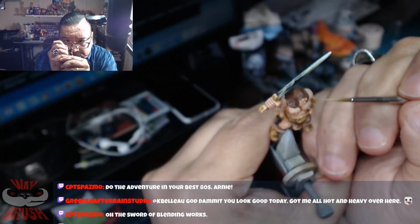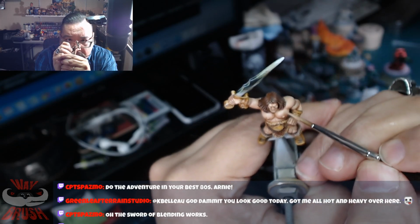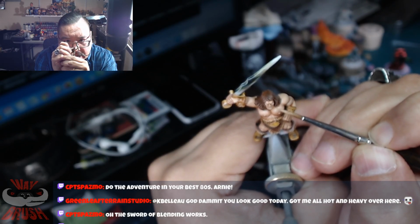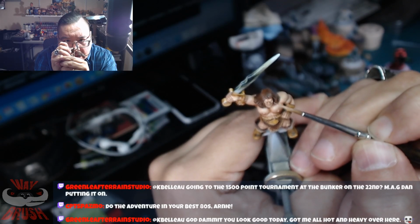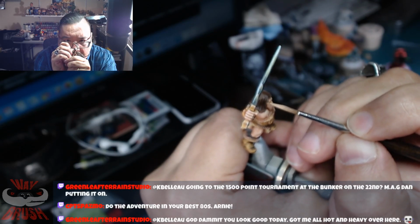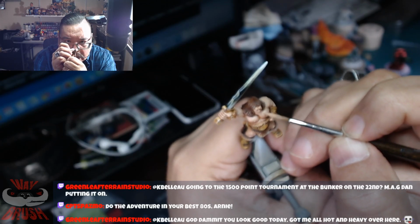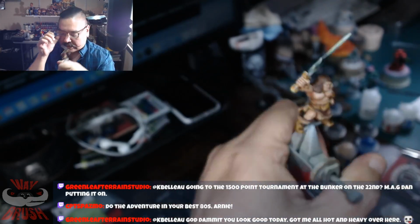There we go. Sorry, I started laying more highlights around his face. Just kind of building his face up a bit. Wasn't entirely happy with how it all looked. That nostril on his nose. There. Face is kind of fun, eh? So,